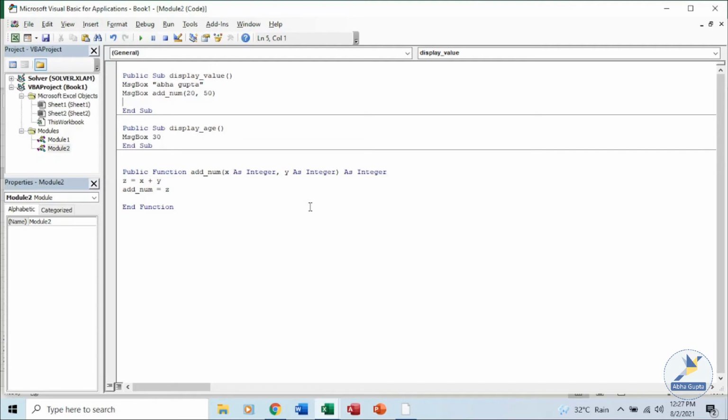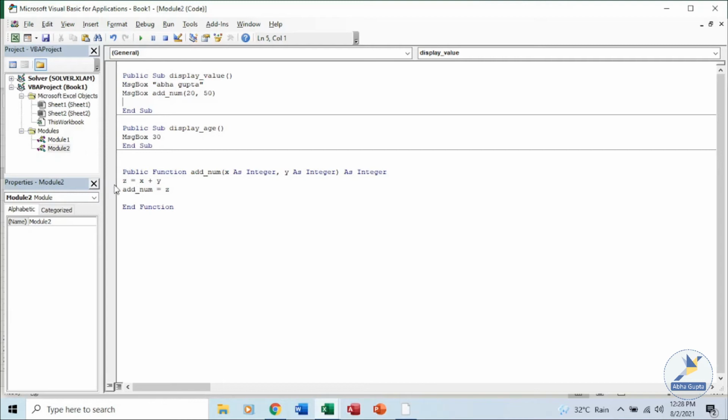Either we can use the same example, or we can take up another example also. So I said by default it is by reference. We have a function over here, add number. Nothing is being specified over here. Let's make a little modification.